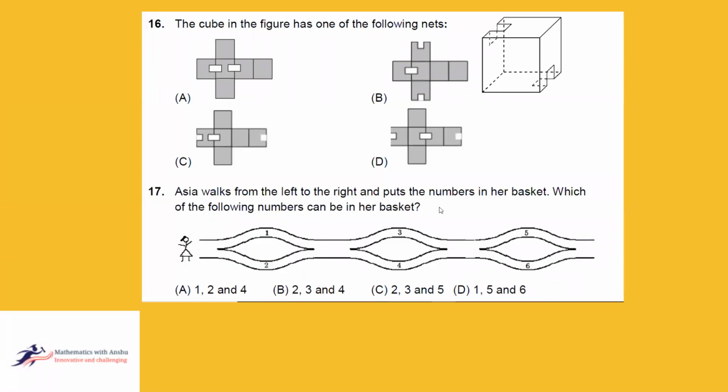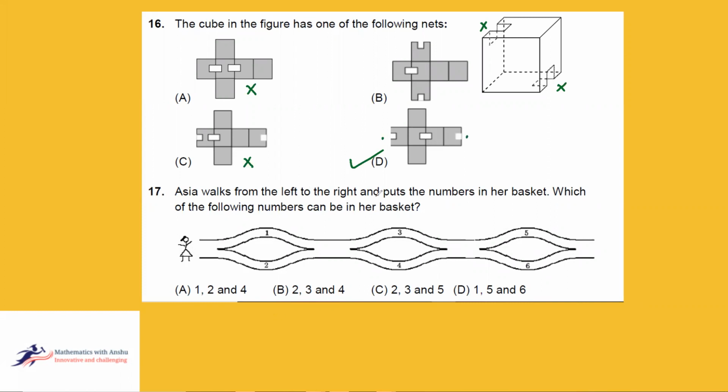Net of the solid. These two are lying in the opposite side, here and here. So this cancel off, and here only one you can see. So D will be the answer, straightforward. These and these are going opposite side. So this was very easy. Just by simple observation, you can mark it out that these are on the opposite side, and this is here and here only, right? So now let's see the another one.